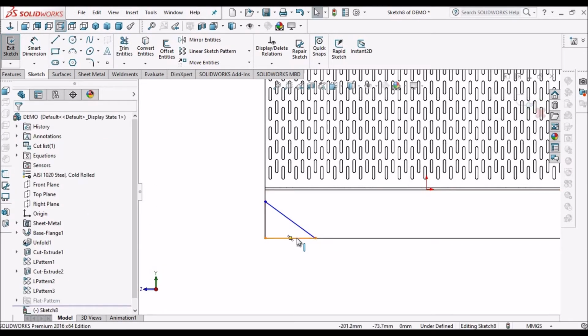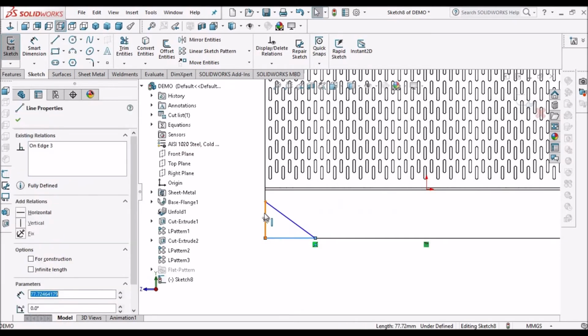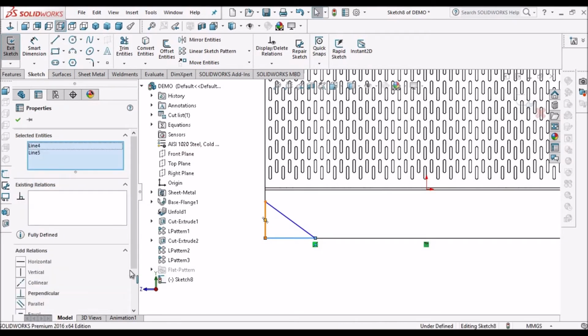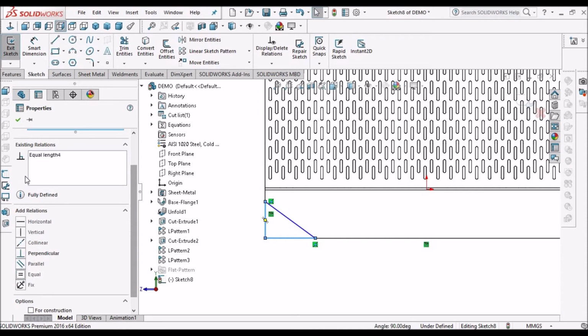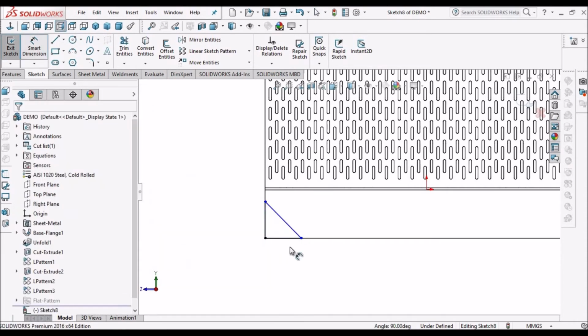Now select these two lines, make it equal. Now dimension one of the line 60 mm.